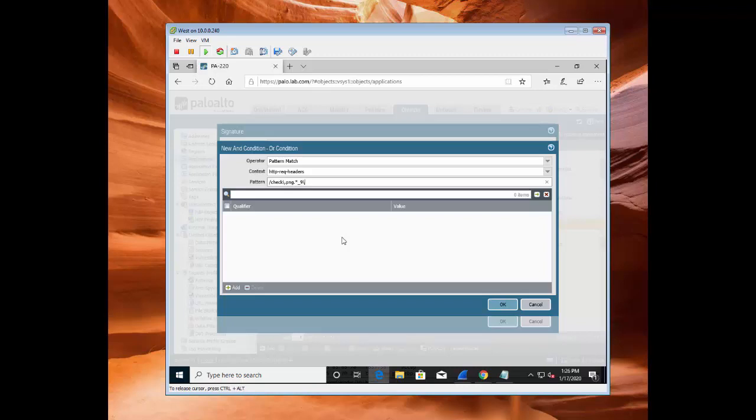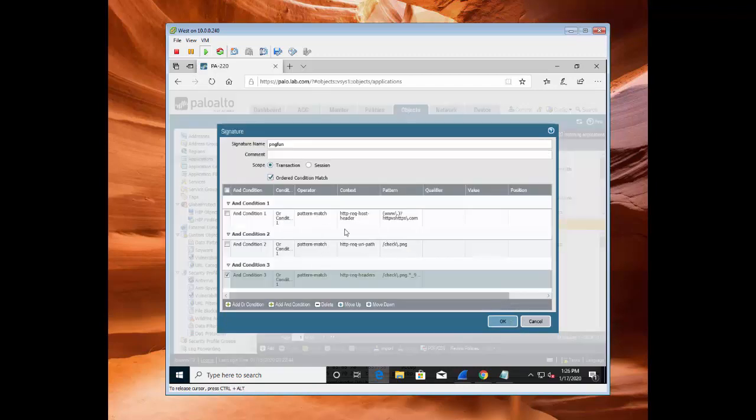So let me go ahead and put in my hex delimiter 00. Close that out. Looks good. All right, and this is an ordered condition match, but what I am doing is I'm looking in